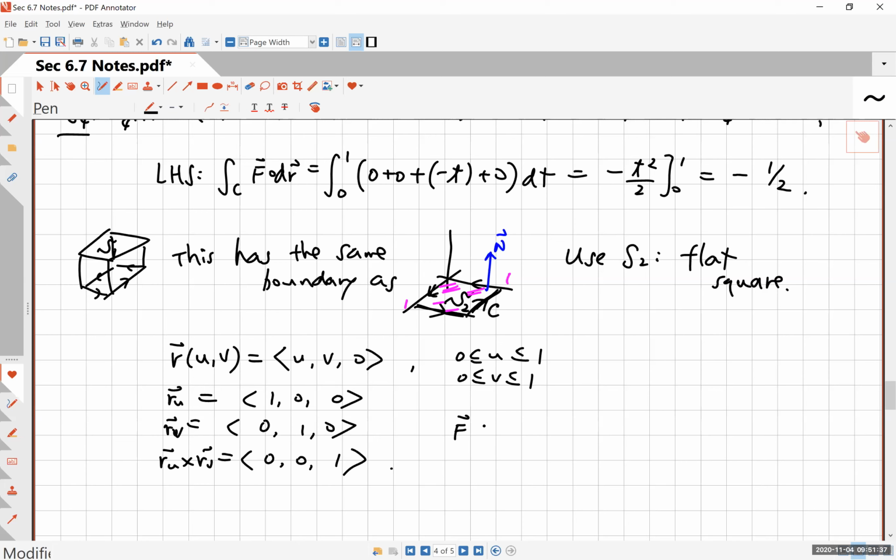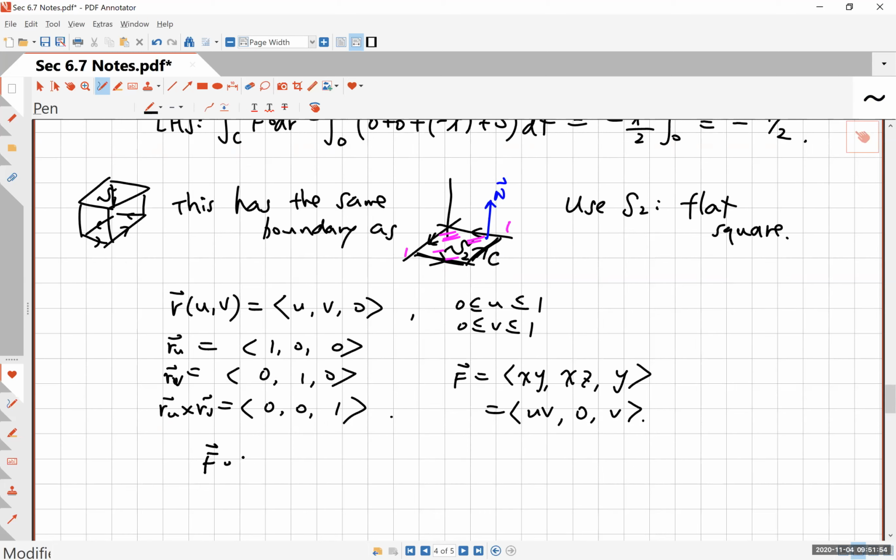Also, f, which was xy, xz, y, right? Well, x is u and y is v. So this is uv. xz is 0 because z is 0. y is v, right? And so now we take u dotted with ru cross rv, and the dot product is simply v. All right, so then the right-hand side is going to be the double integral